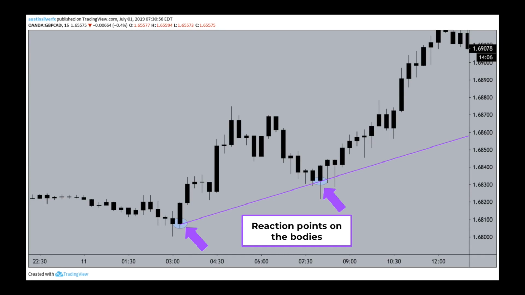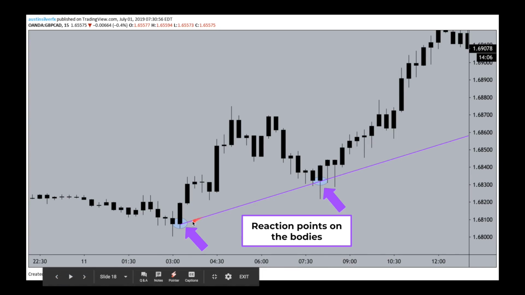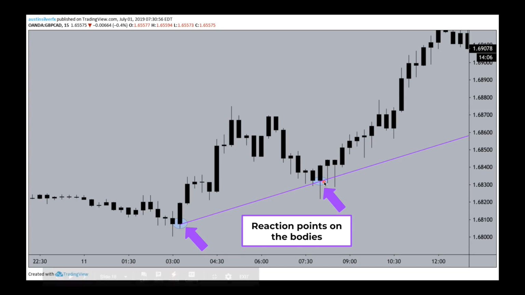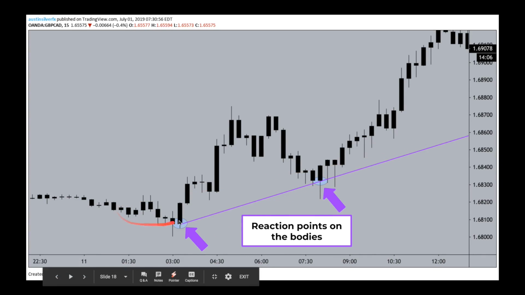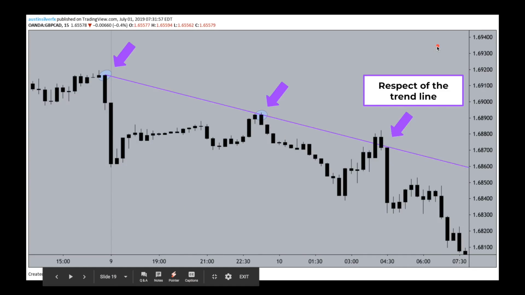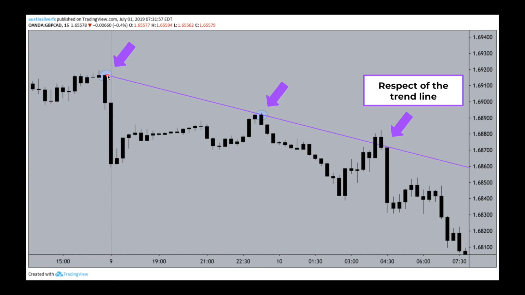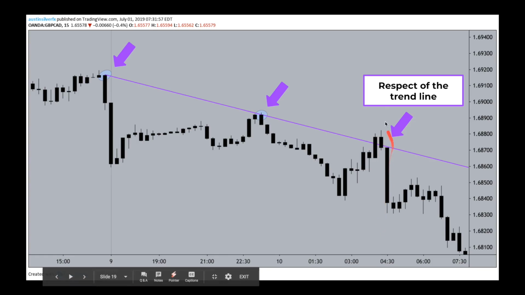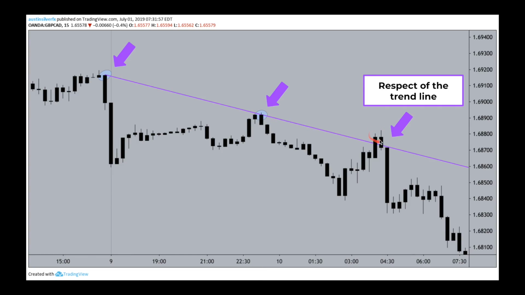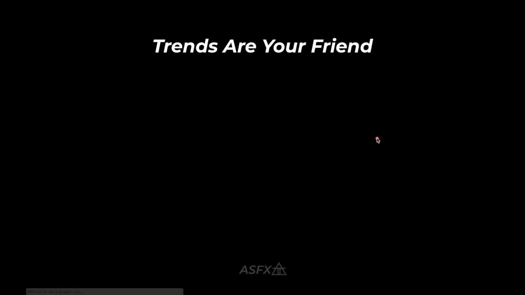So in this example, this is an uptrend line created with the 2 reaction points circled here. Those are candle bodies where you start the line, and you can see that uptrend line is held as price continues to rise. Just as you can see here, in the inverse of that, there's a downtrend line sloping down from left to right, and you can actually see a third reaction point here where it respects that trend line very nicely later in the day. So the reaction point is created here and here. Those are your 2 points that create the line, like I said, that is respected here later that day.